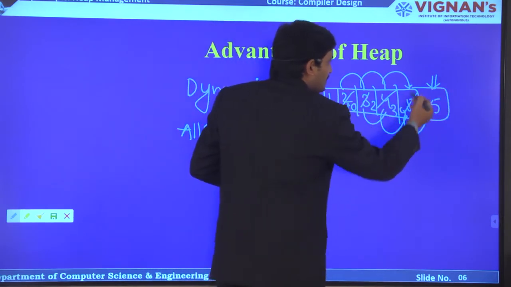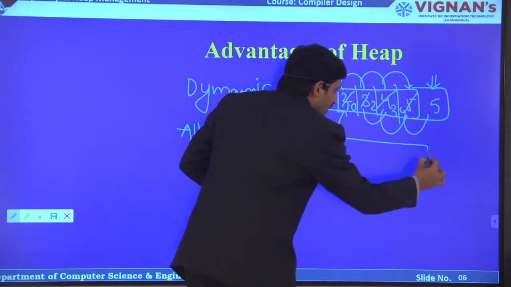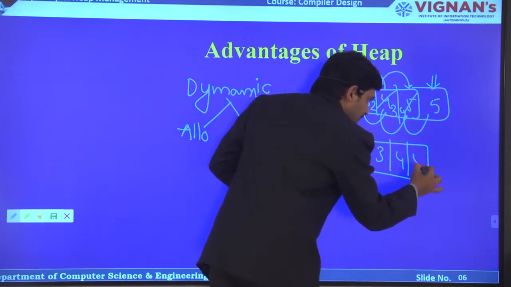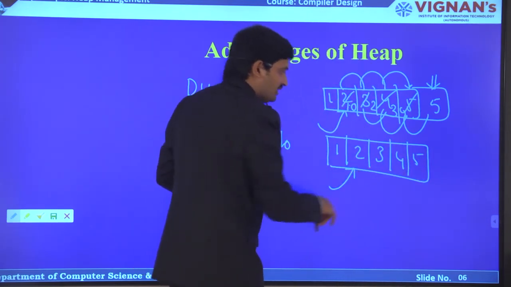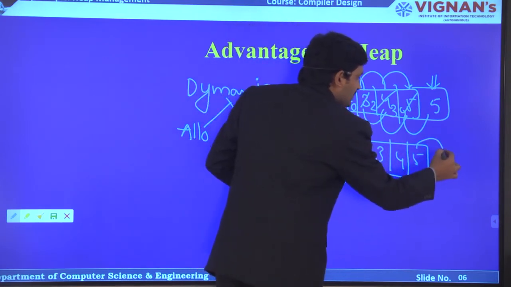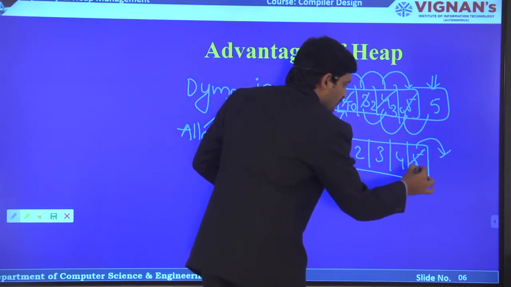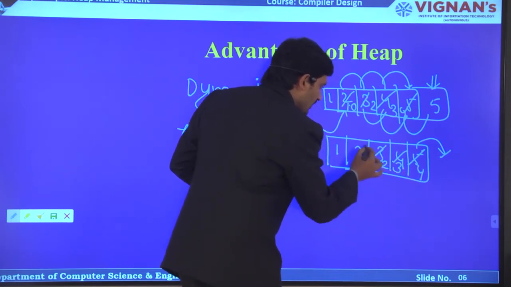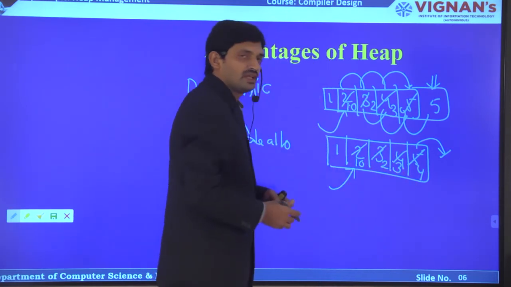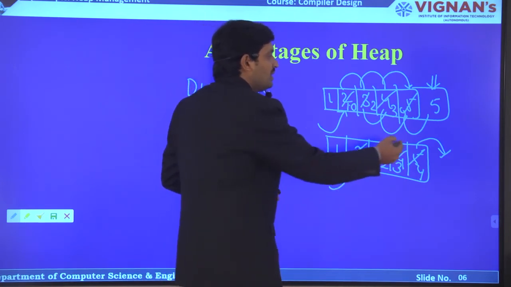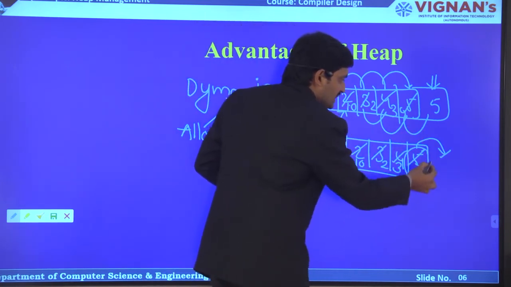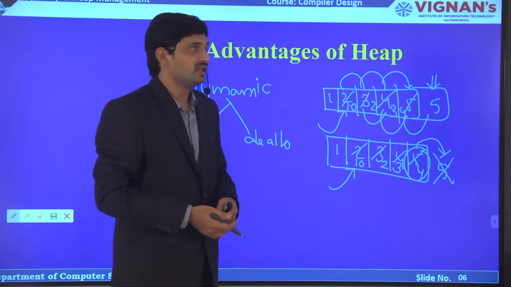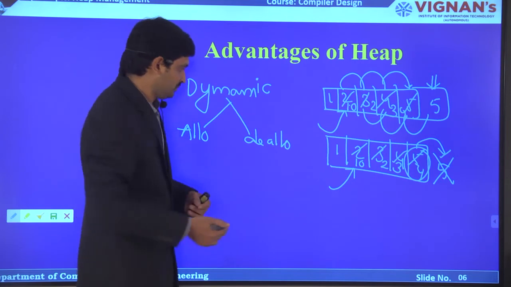If additional space is not there, then what will happen? If I want to insert my new data here, this is vanished, and in the place of 5 I can write 4, in the place of 4, 3, in the place of 3, 2, in the place of 2, I can write 10. But you can clearly observe now the previous data does not exist. Okay, so come to the heap.